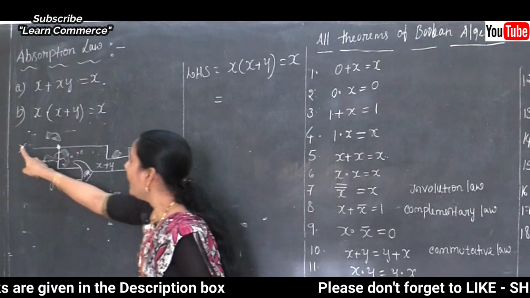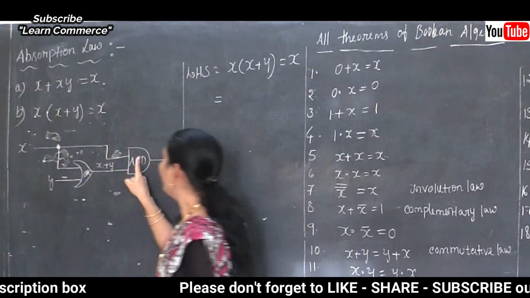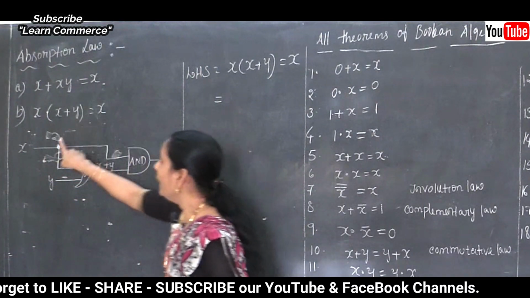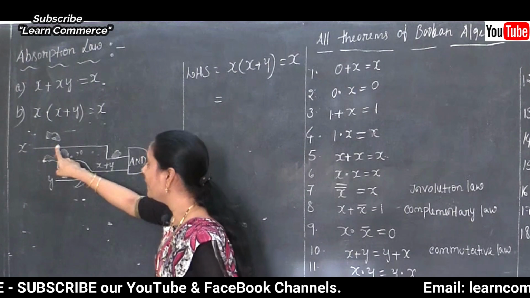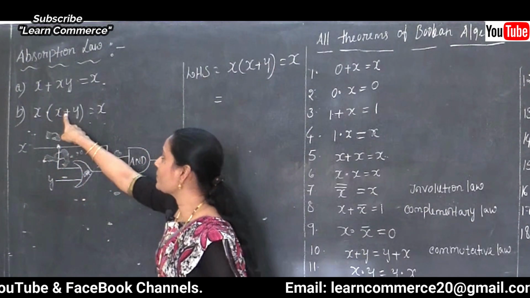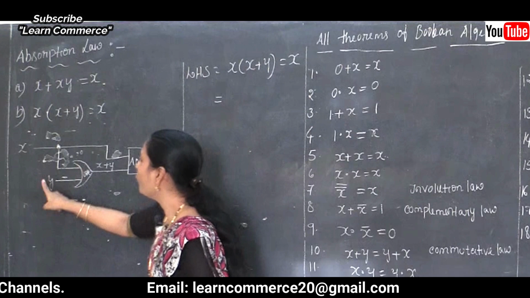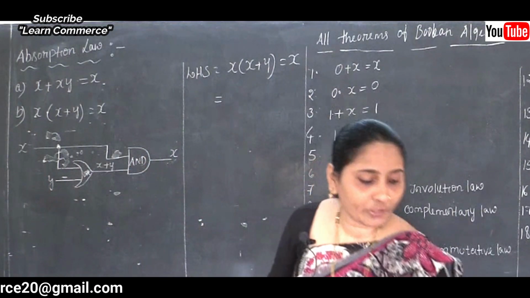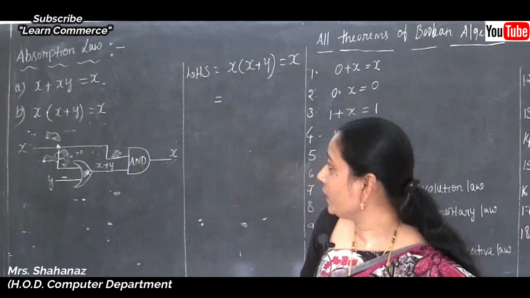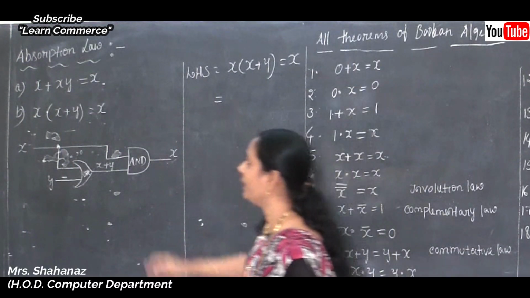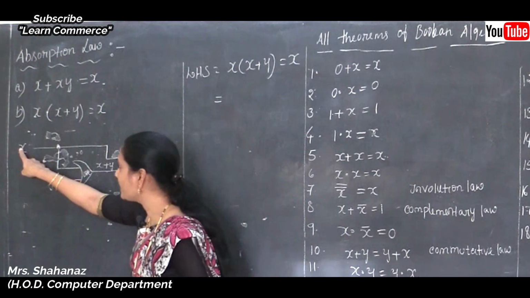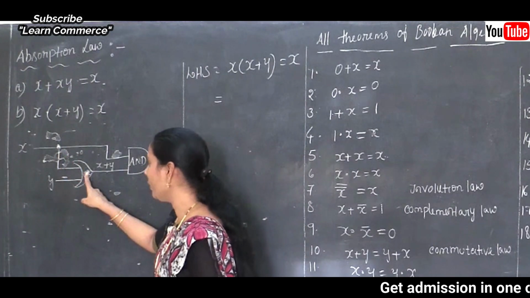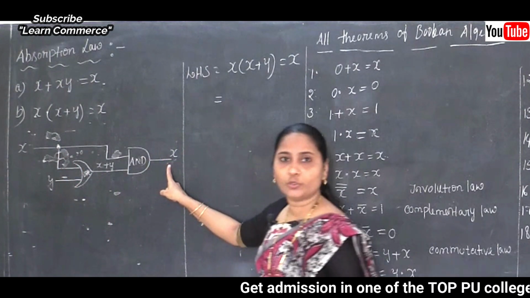So first thing, x dot is there, and again we need to connect to the x, or plus means the or operator, or y, that is equal to the result. So clear this point, how we are going to complete this expression, x and x plus y is equal to x here. So x, and again we need to connect to the x or y, that is equal to the x.